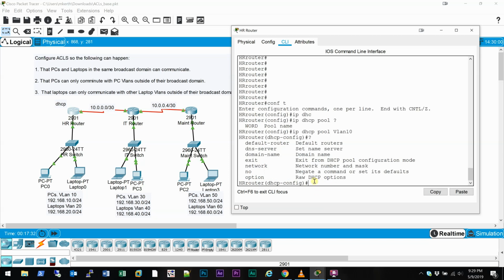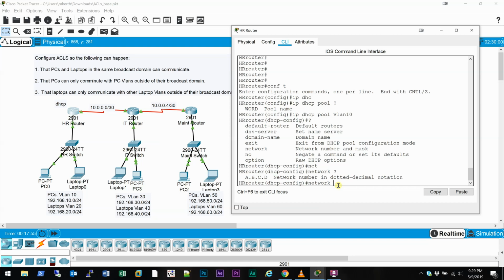There's not a lot of settings you really need to set in here. You have default router, so that's your default gateway that your DHCP clients will have set for their network configuration. The DNS server they will have set, and the network that this will create from. So we can go in here and we'll do a network. You see it wants a 4-octet network, so we're doing VLAN 10, so we want